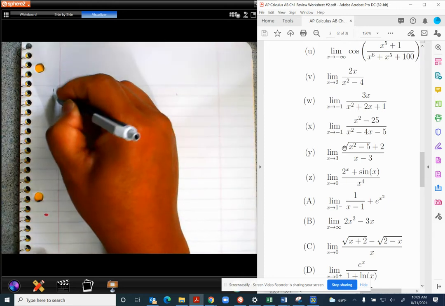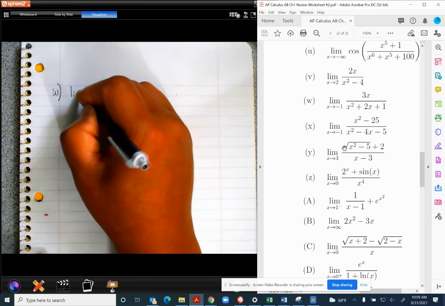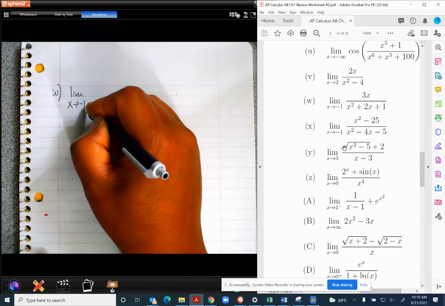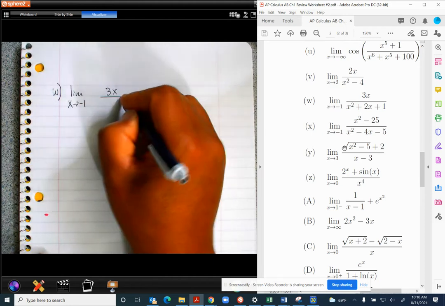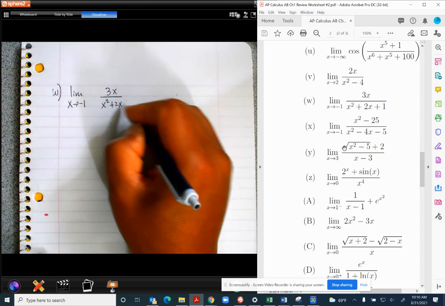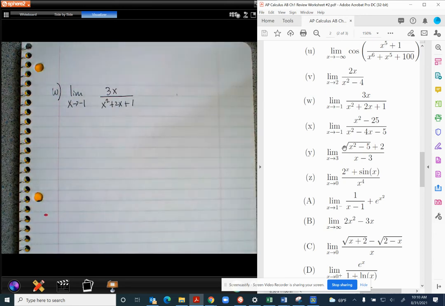So this is W. So this is the limit as x goes to -1 of 3x over x squared plus 2x plus 1. Okay, so there are some of the things that you need to go through. Remember, there are many ways to